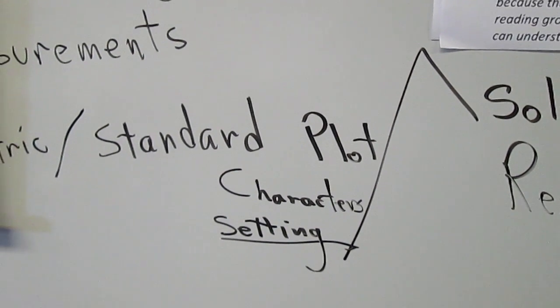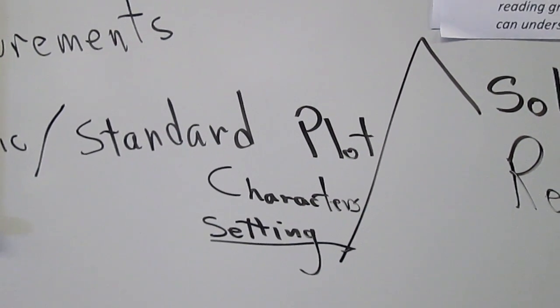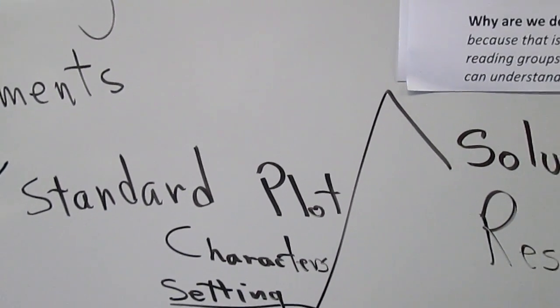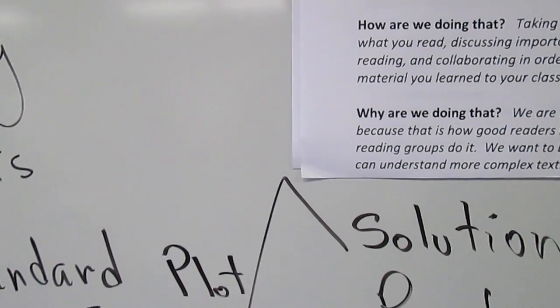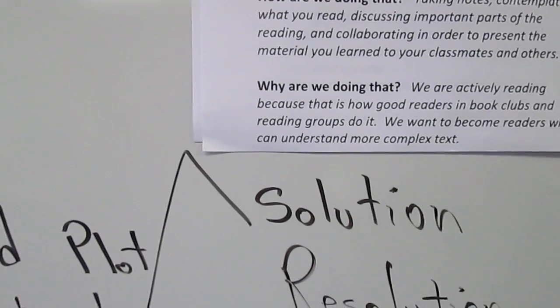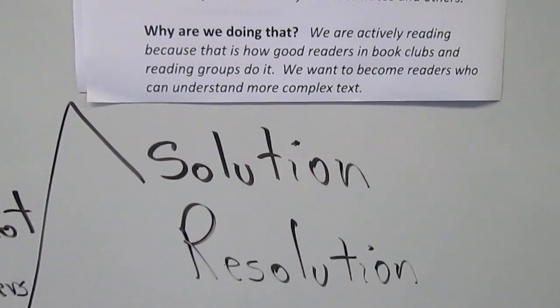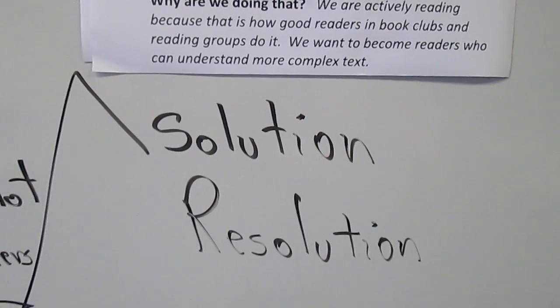Remember, you're going to be doing a story mountain with the story elements. The setting, the characters, the plot, that's the problem in the story. There's rising action, there's a climax at the top of the mountain. That's where the most exciting thing happens. And then hopefully there's a solution. And today we learned about a resolution. So on Monday you'll be doing that for your book report.